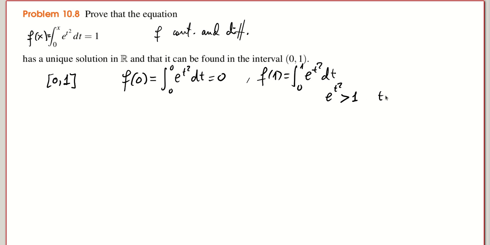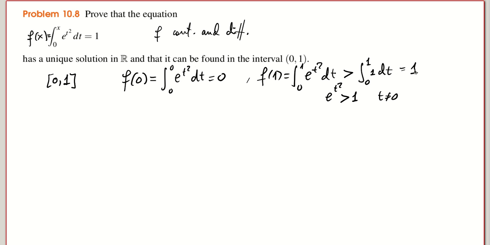So if t is different from 0, which means that this is larger than the integral from 0 to 1 of 1 dt, right? Because if the integrand is larger than this, so this function is larger than this one, the integral of this function in one interval is larger than the integral of this function in the same interval. So if we have this and this is 1,